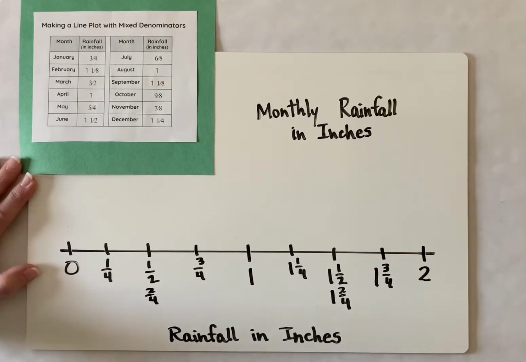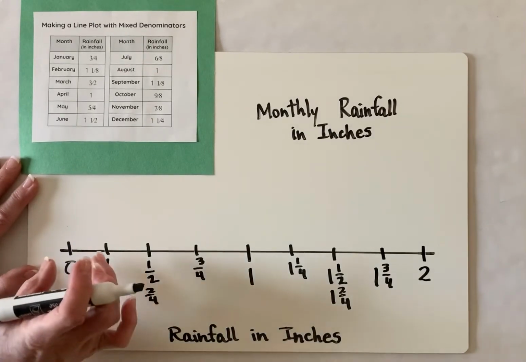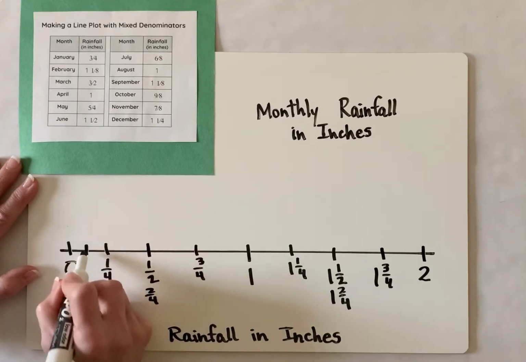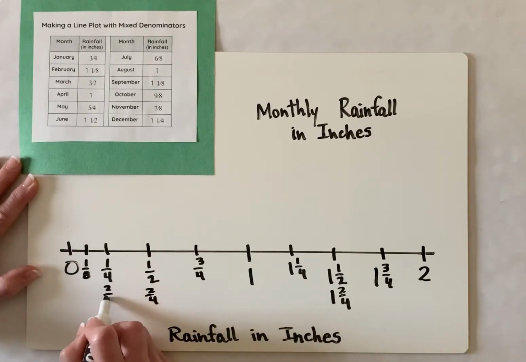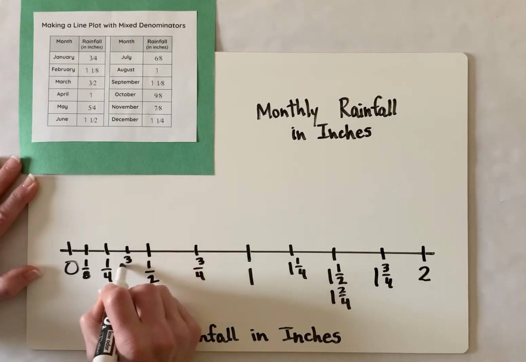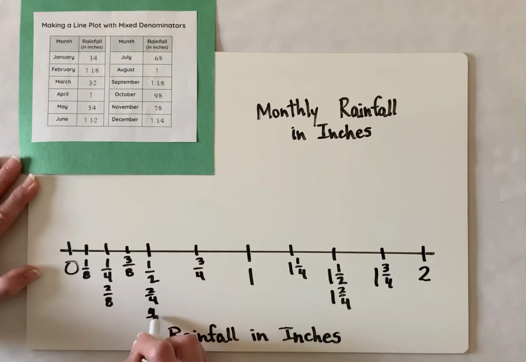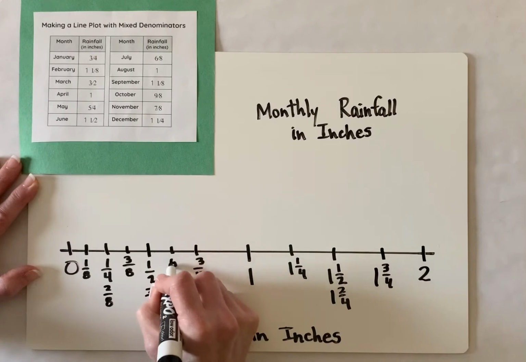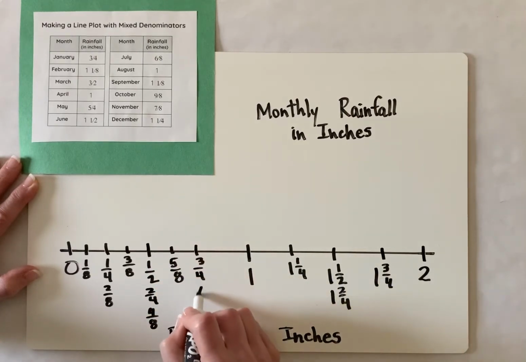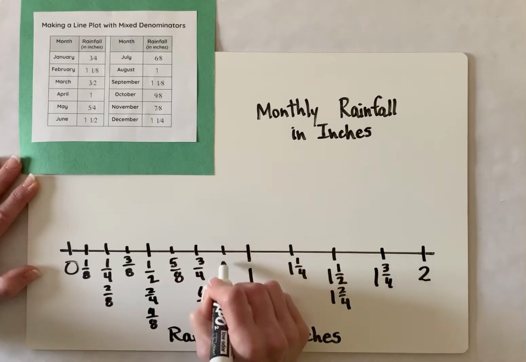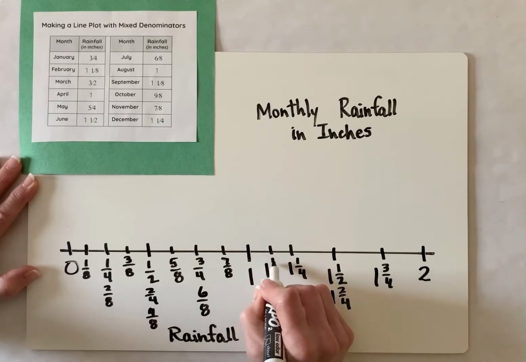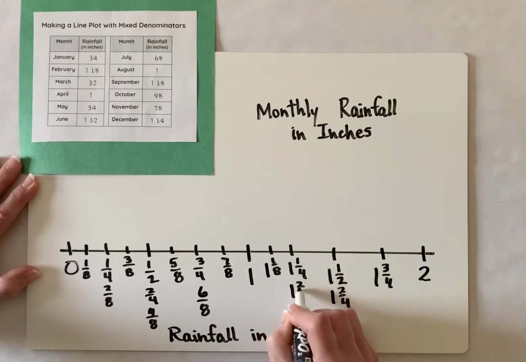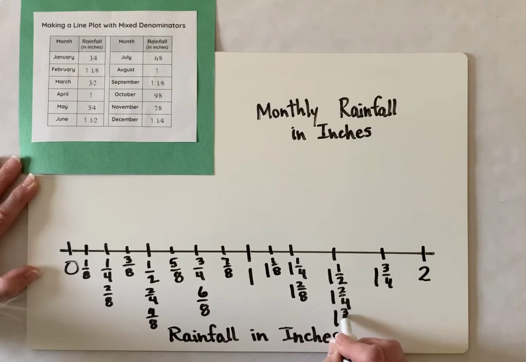All right, now I need to partition this into eighths. So again, I'm going to go to each section and divide it in half, and that's going to give me my eighths. So that's 1/8, 2/8, 3/8, 4/8, 5/8, 6/8, 7/8, and 1. 1 1/8, 1 2/8, 1 3/8,